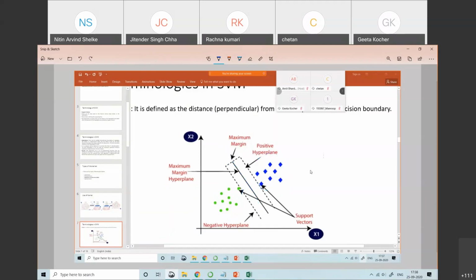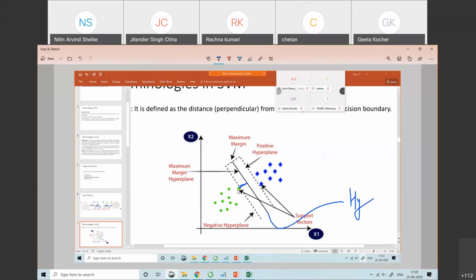Now, what is a support vector? A support vector is the point which is nearer to your hyperplane. As far as this diagram is concerned, this point is nearer to the hyperplane. This is my hyperplane.